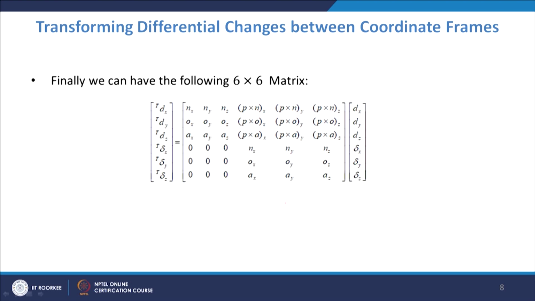Now if we summarize this in a matrix form, we get here dx, dy, dz with respect to the fixed frame, and we can find it with respect to the current frame. So, this formula is a useful one too. It is transforming the differential changes between coordinate frames, the f frame and the m frame, and this formula is useful in that context.